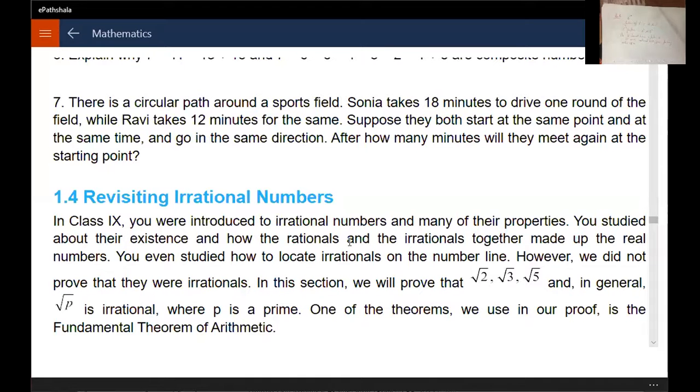Now we will study revisiting irrational numbers. Only this topic I'll explain today. Okay. Now, as you all know,